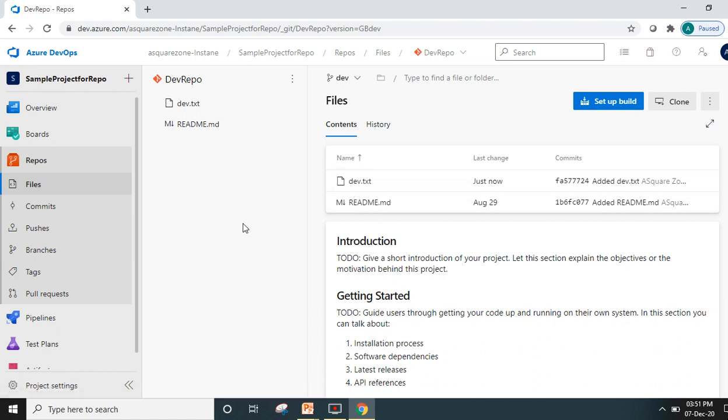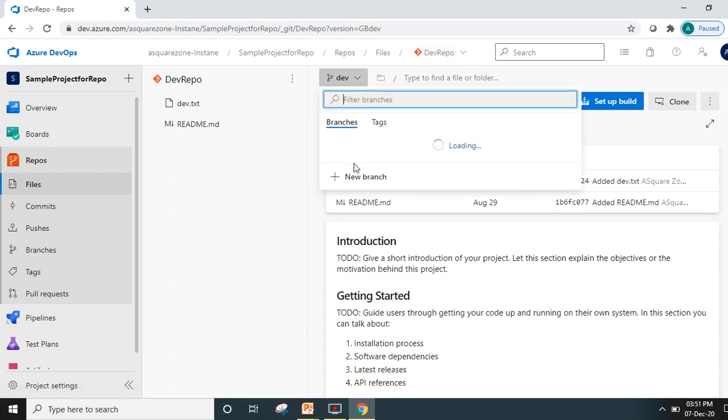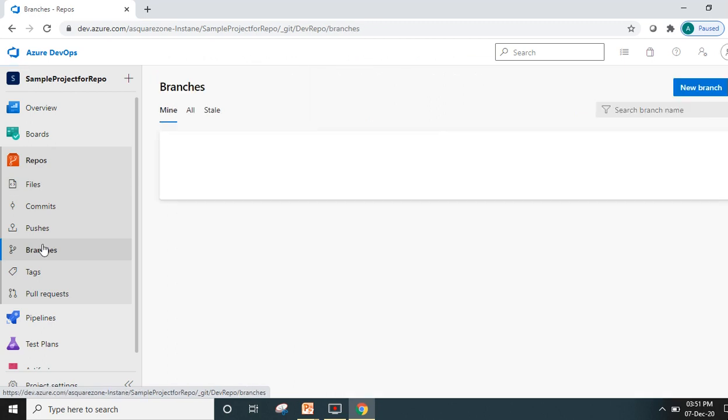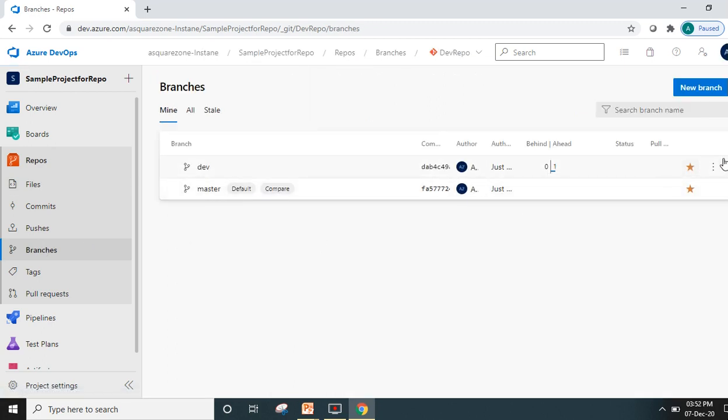And also we have branch policies. So this is only branch creation, and using branch creation we can create files, and we can send pull requests from one branch to another branch. And we can see the branch policies as well, as it has the dev branch here, and we can find the branch policies. Let me open this one, and branch.